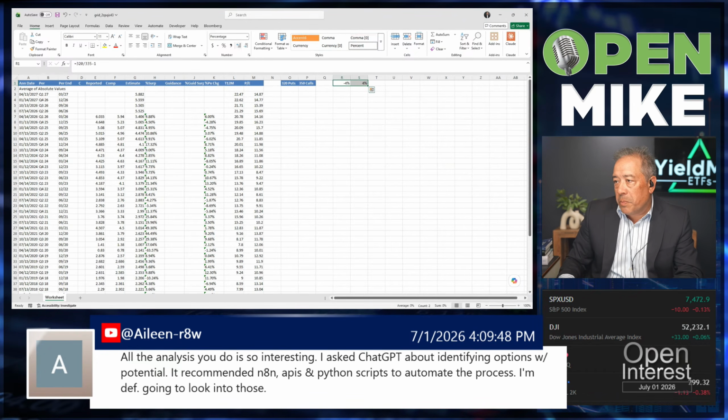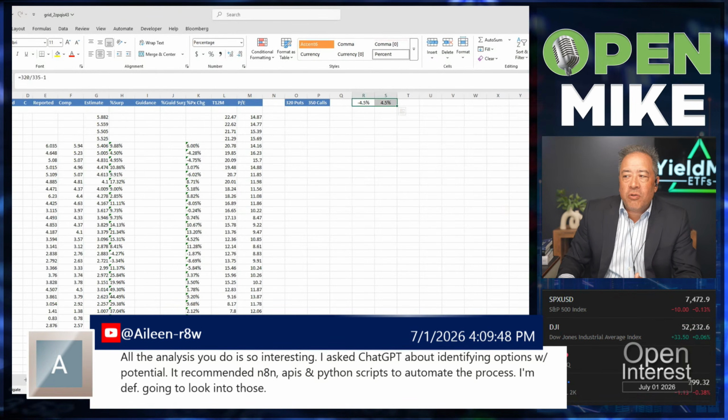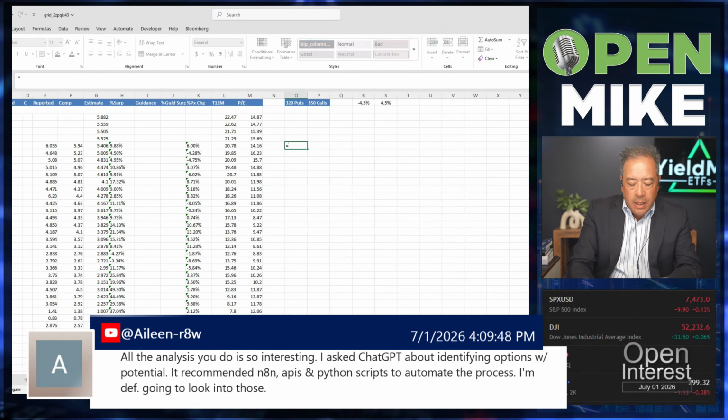So these are the percentage moves we're talking about, right? That does not include the premium. This is just to figure out historically what that strangle is worth. A strangle with a put that's down 4.5% and a call that's up 4.5%, in round numbers, what is that worth? And what we can do is say, all right, well, the put is going to be worth